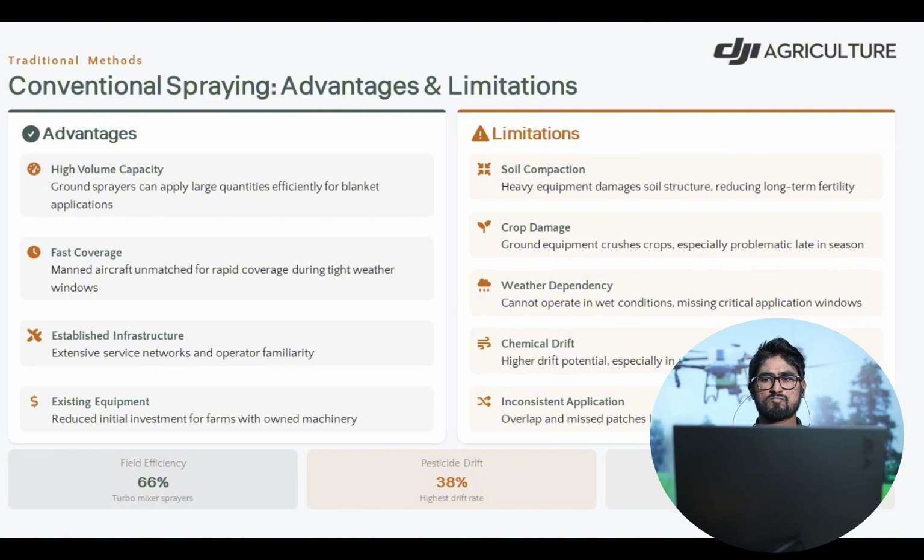If we are late, we will pay for it in our yield. And also chemical drift: higher drift potential in conventional spraying methods, and inconsistent applications such as overlaps and mismatches can be seen when we are spraying using conventional methods.